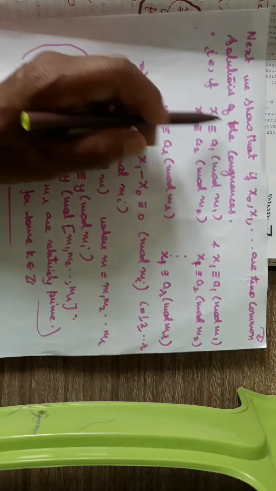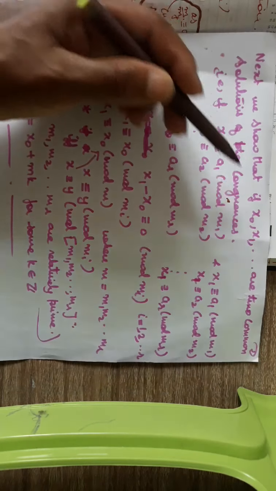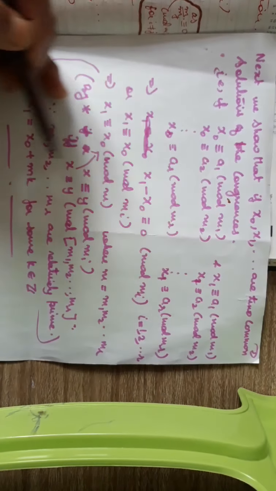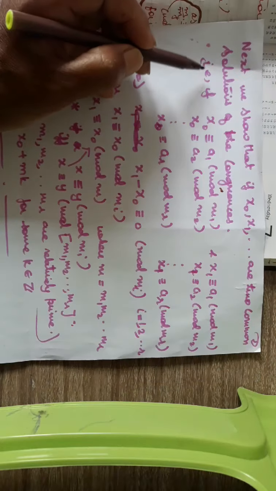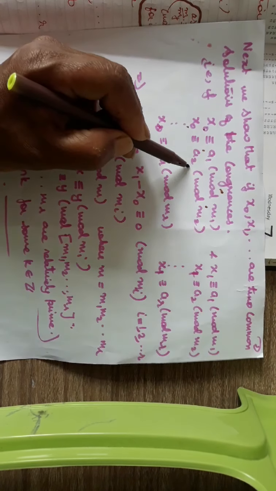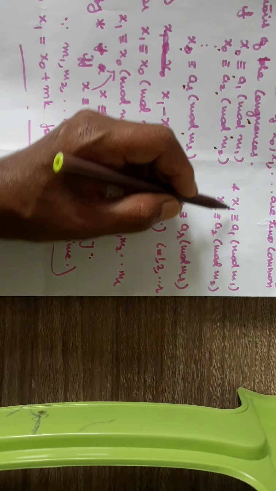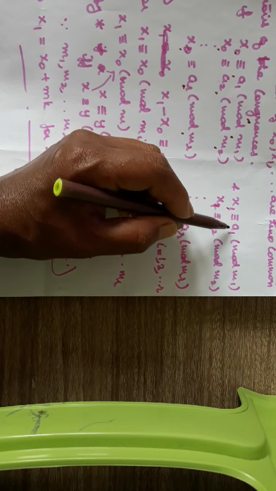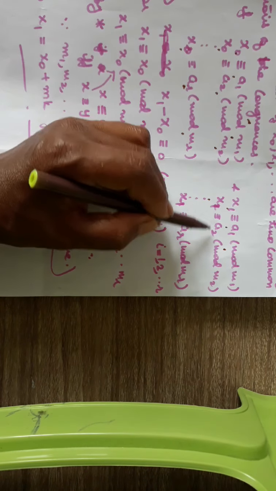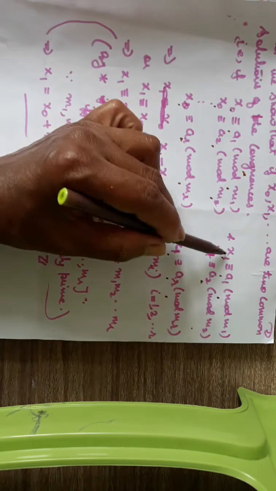Next we show that if x naught, x1 are two common solutions of the congruence, then x1 will be of the form x naught plus mk. So that is, if x naught is congruent to a1 mod m1, x naught is congruent to a2 mod m2, and so on, x naught is congruent to ar mod mr, and at the same time x1 is also another solution, x1 congruent to a1 mod m1, x1 congruent to a2 mod m2, and so on, x1 congruent to ar mod mr. So this implies that if you take the difference of these two,